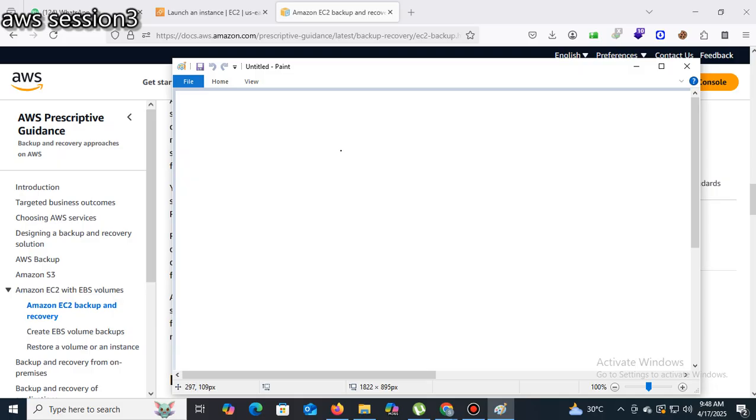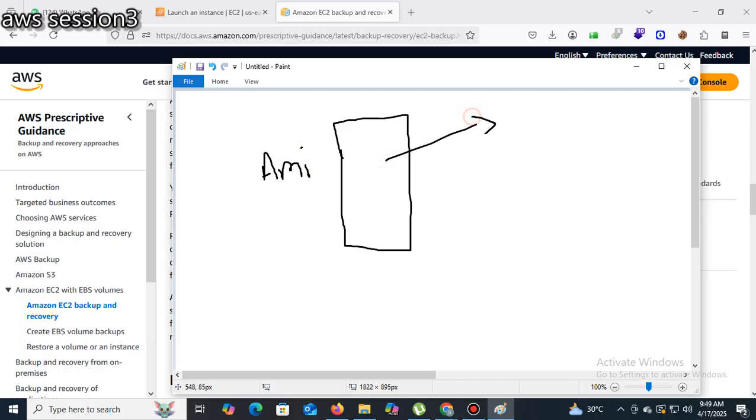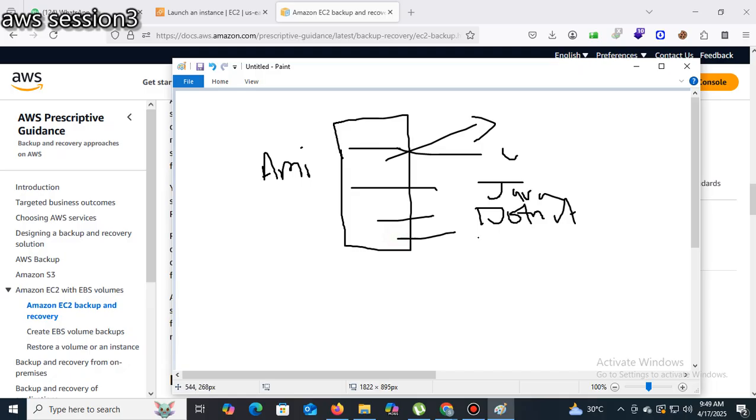Here, from the AMI, one EC2 instance is created, which is created by default by AWS. After logging in to the instance, I will add some software, like I add C, I add Java, I add .NET, I add MySQL.